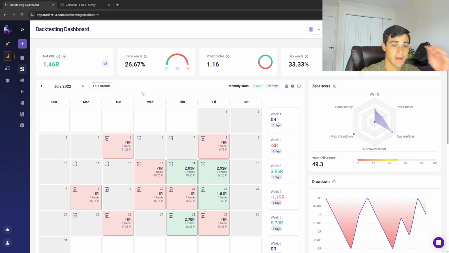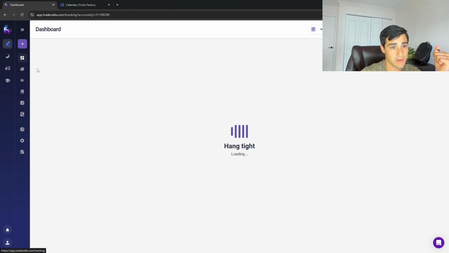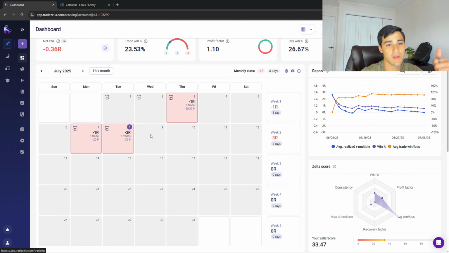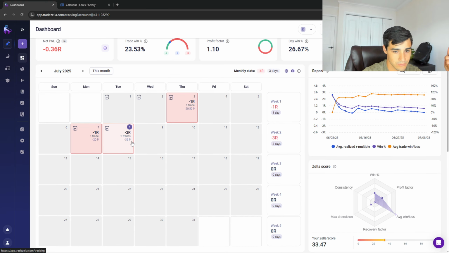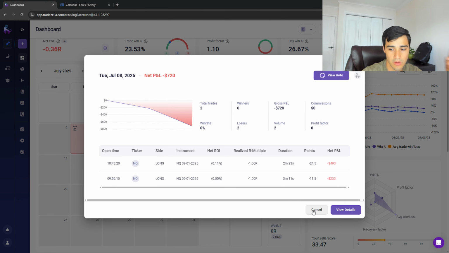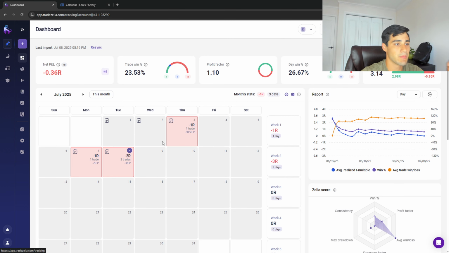The reason I'm struggling right now is I have to get comfortable with my model. I have to get comfortable with day selection and setup selection, knowing when to do stuff, when not to do stuff, when my model is present, knowing how to time that reversal, because there's all these different factors that go into it, right? You have to know what your model is. You could get the bias right, your model could be there and check all the boxes, but if you don't time the move properly, then you stop out and you don't get to be a part of that move, which is what I did a lot in my backtesting. But today,